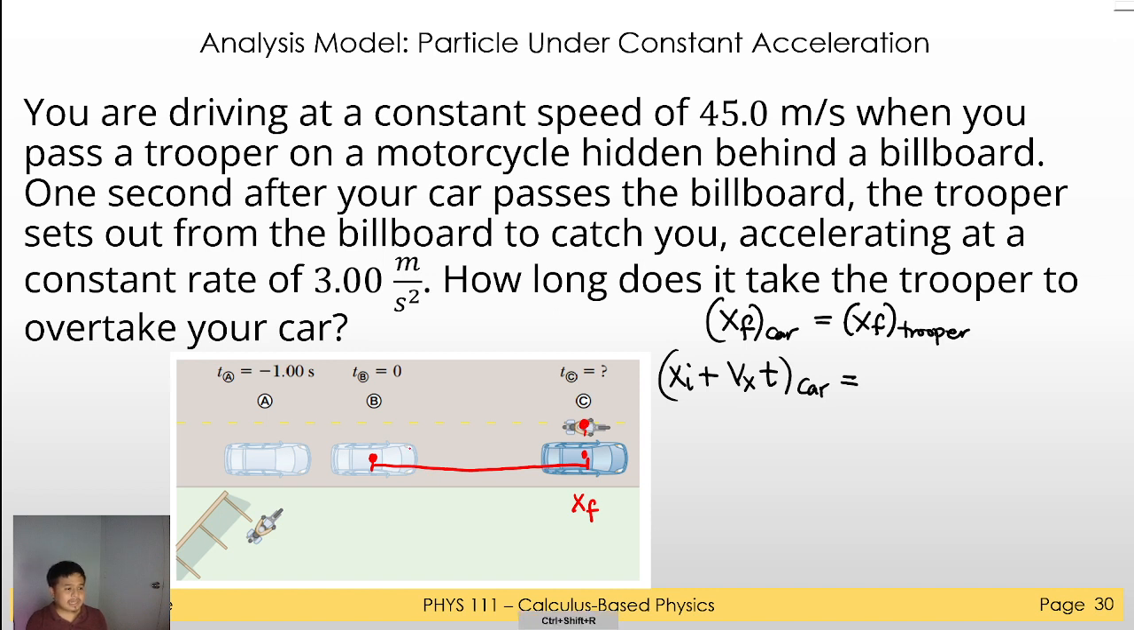Now, how do we find the xi? So this xi here is equal to what? So why not this one? Okay. So since the xi here,